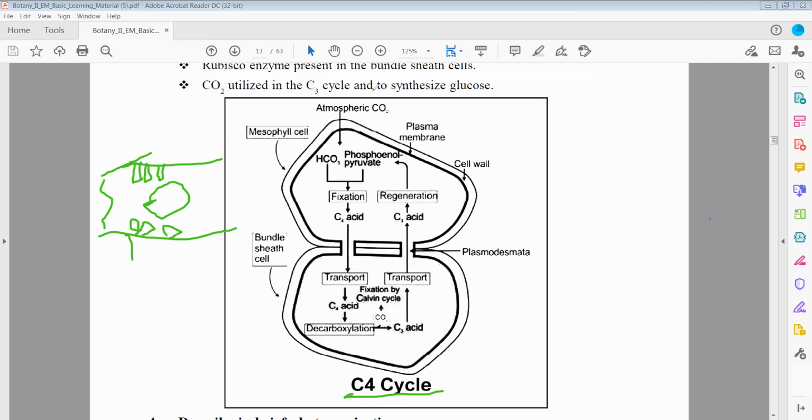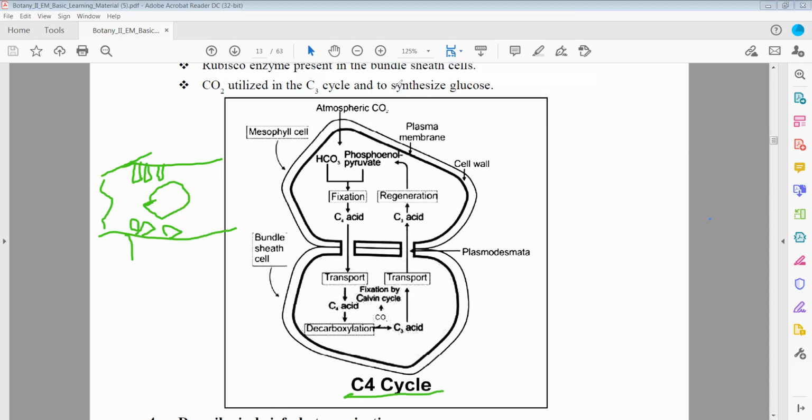But here what happens? Let us take this vascular bundle, but it is surrounded by a specialized sheath. This is called the bundle sheath. We can see this only in the leaves of C4 plants. Why? Because this bundle sheath has a speciality. So now let us take this cell, which is a mesophyll cell.